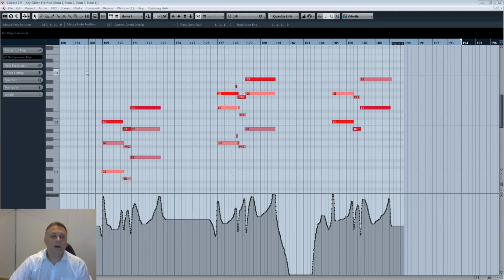Okay, so now we'll have a look at the horns. It's a similar kind of idea where I've got the horns 4 library together with the 4 independent horns from Dimensions Brass. And the horns 4 is in the melodic position, except for this last repetition here where it drops down an octave. So it's just another way that it's developing and changing over the course of a theme. So I'll give you a listen to that now.